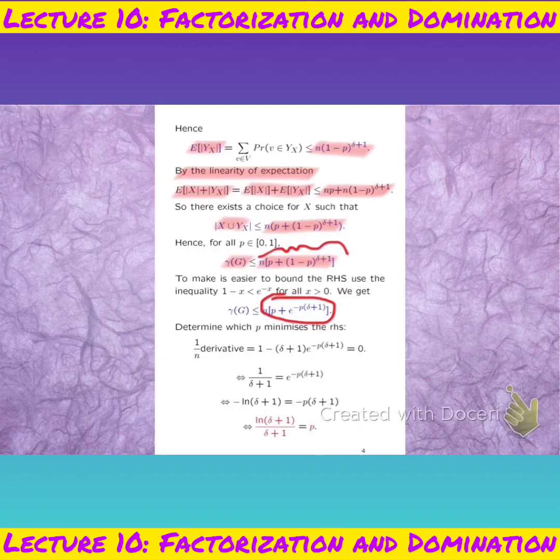Now, just the step in between there, what I forgot to mention is that this 1 minus P, you can actually further bound that with e to the minus x by noting that 1 minus x is always strictly less than e to the power of minus x. And you can prove that just by a simple derivative argument. You do that by showing that the function e to the minus x minus (1 minus x) is always bigger than 0. One way of doing it, maybe as an exercise, go and try and do this. You take f of x equals e to the minus x minus this term here, and you look at the derivative of